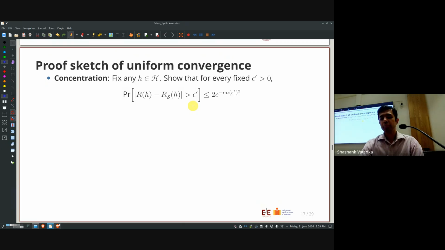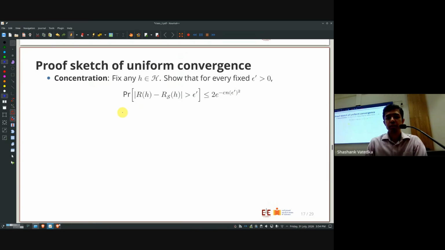The first step of the proof is to essentially show that you fix any particular h. If I fix a particular epsilon prime greater than 0, you show that the sample risk or the empirical risk is close to the generalization error for h with high probability. So the probability that this deviates by an amount epsilon prime is less than or equal to some sufficiently small quantity. And it's not too hard to do this. You just use something like a Chernoff bound,